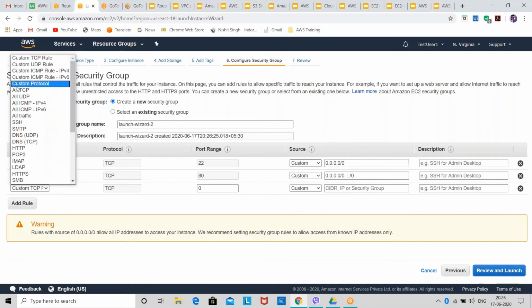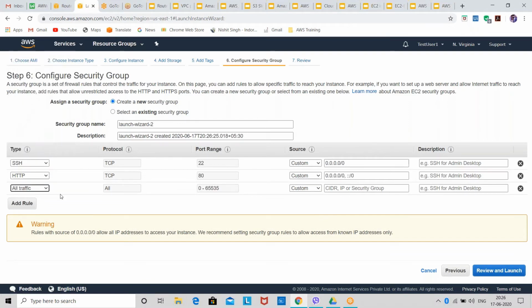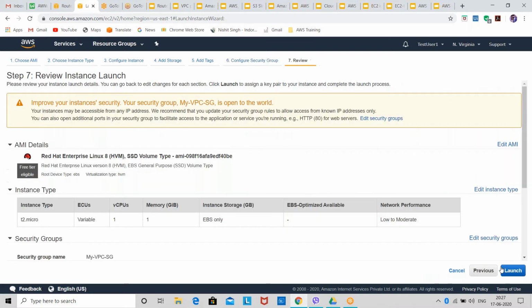And I'm giving all traffic here, which means it will automatically detect all the traffic. Then for the source, I'll select anywhere, 0.0.0.0. Then I'll change the name of the security group. Now I'll review it and launch it.